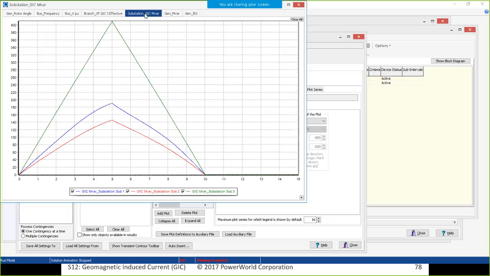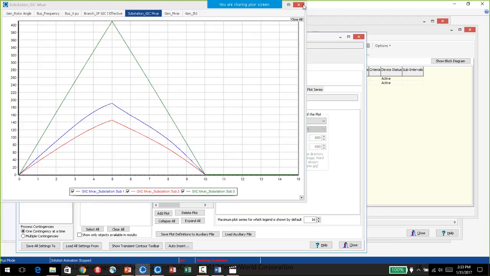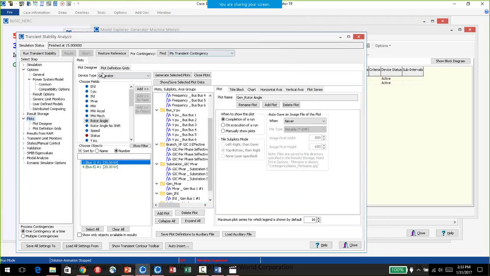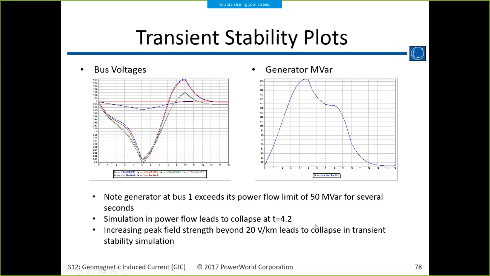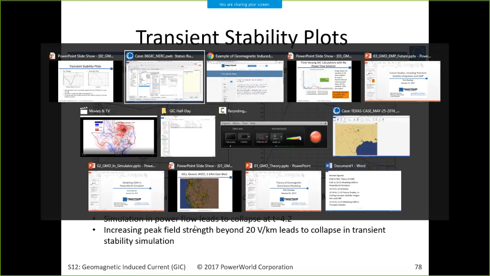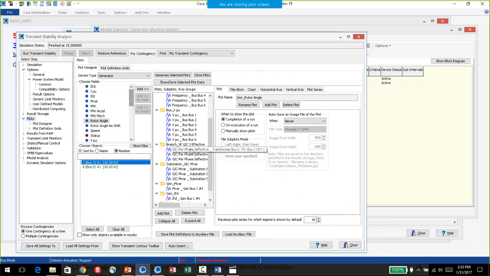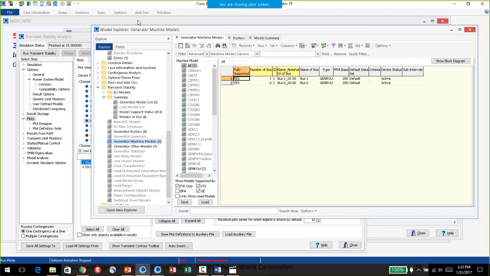So again, all the transient stability tools that are available in Simulator you can use for the GIC or EMP events. And if we change the parameters to at least 20 volts per kilometer, we would see collapse in the transient stability simulation. I think the power flow will actually collapse at less than that, because you're getting more VARs out of the generator in the transient stability simulation.